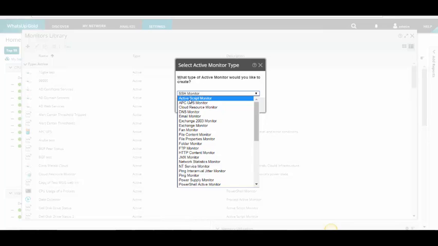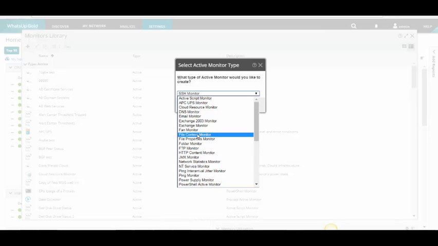You can monitor with an active script, JScript, VBScript, PowerShell, APC UPS monitor. This is a multi-monitor that's going to look at many aspects of the APC UPS, battery life, voltage, any alarms that it may be receiving. We have a cloud resource monitor that is going to show us billing type information for a cloud resource. We're going to have DNS, which is a port monitor, email. Exchange is a multi-monitor that's going to check various aspects of Exchange. Fan temperature and power supply we talked about already. It will begin monitoring those automatically on the network gear.